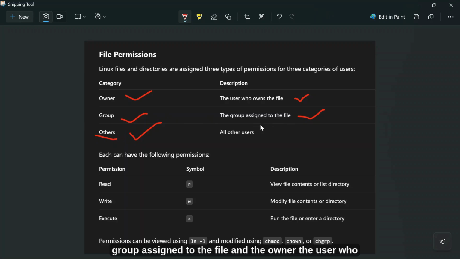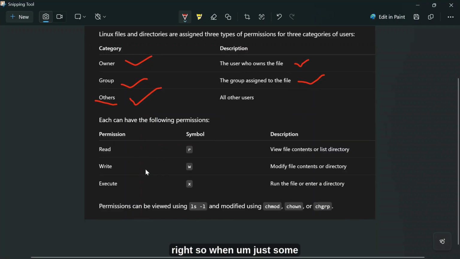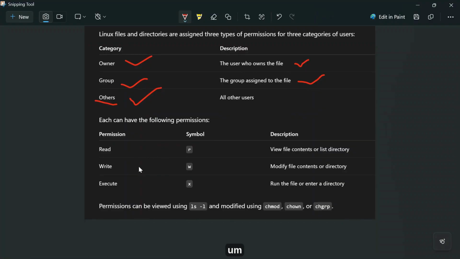The group assigned to the file, the owner, the user who owns the file, and others, any other person who is not in the DevOps engineering department. They could come from the marketing department, from the admin department, or wherever, and they can access that file. All right, there's some symbolic coding that you're going to see when we run this command,